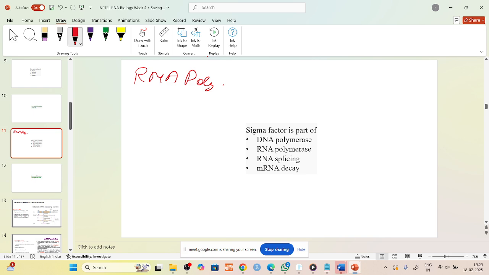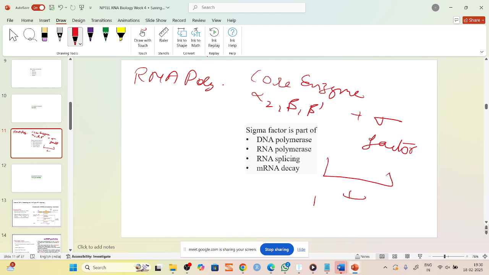Now, this RNA polymerase has different subunits, and these subunits first make the core enzyme, which is alpha 2, beta, beta dash. These four make the core enzyme. And then sigma factor comes and binds to it, and it makes the holoenzyme, which means this sigma factor is a part of this RNA polymerase, and this sigma factor makes the RNA polymerase holoenzyme, and then only this RNA polymerase can initiate the transcription process, because this sigma factor is needed for